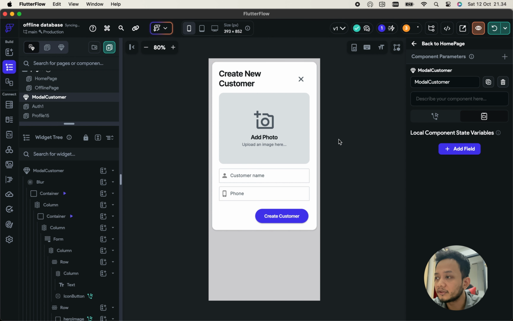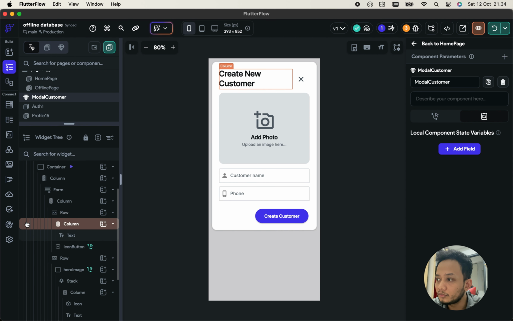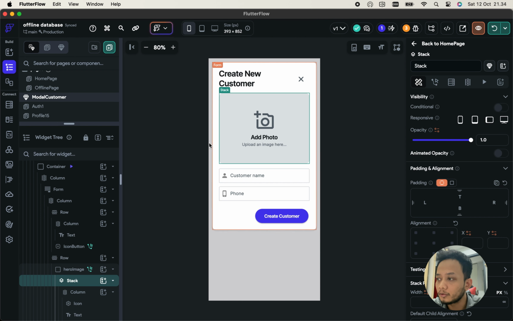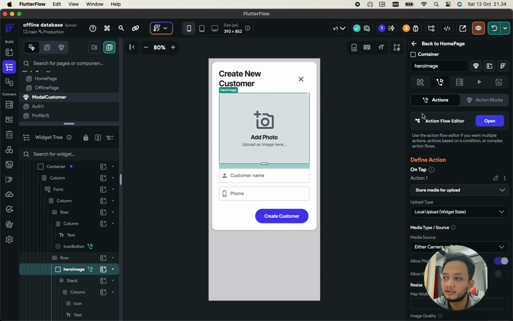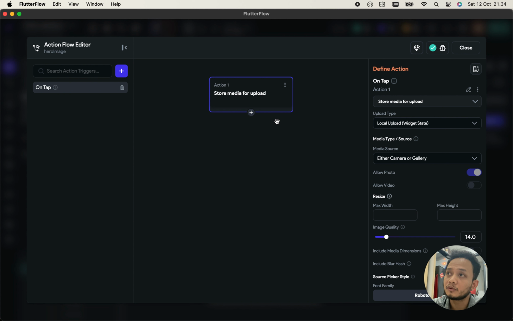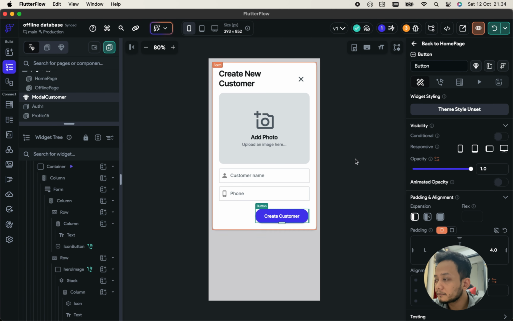In this bottom sheet, when you click this hero image, we can upload the picture. Normally we upload data into Firestore, right? So in this case I choose local upload for the type, and then when I click create customer,